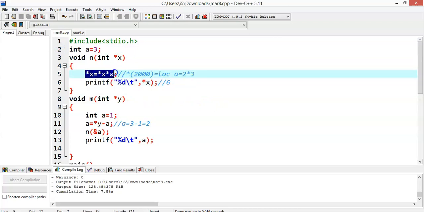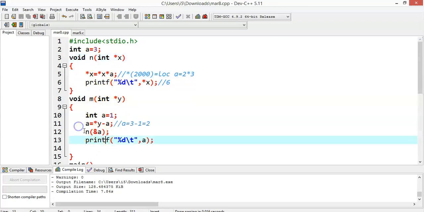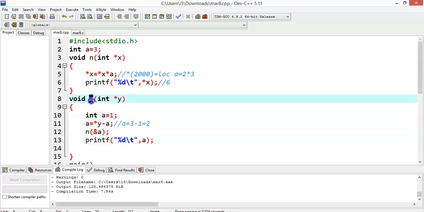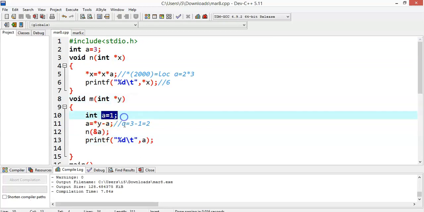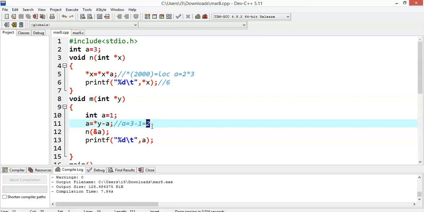It will immediately search for the definition of variable a in the function that called this one. The n function is called by the function m, so it will search for the definition of a in the m function. The definition of a in the m function is 2. If dynamic scoping is followed, then this a will be taken.